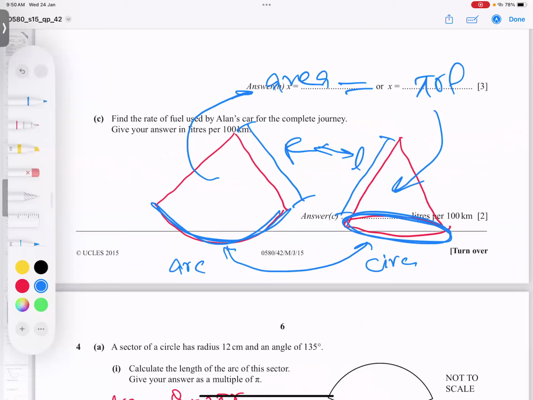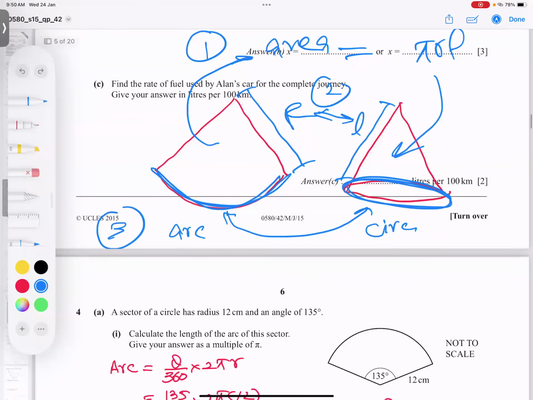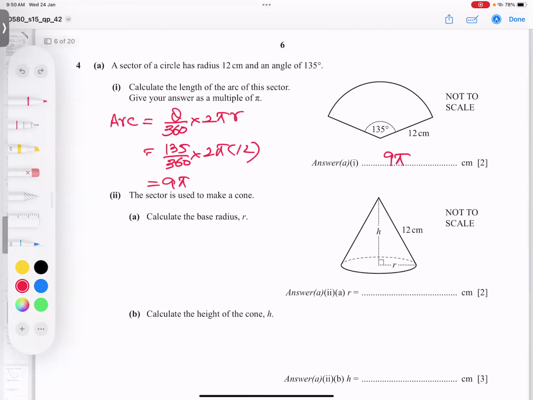So 3 rules are very important. Rule number 1, rule number 2, and rule number 3. But I will use rule number 1. How? Concentrate, because I know that this arc length is actually equal to the circumference of the base circle. So this arc length is 9 pi, and this circumference of the circle is 2 pi r. So I am saying circumference of circle